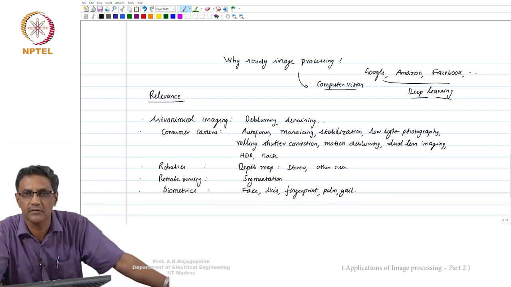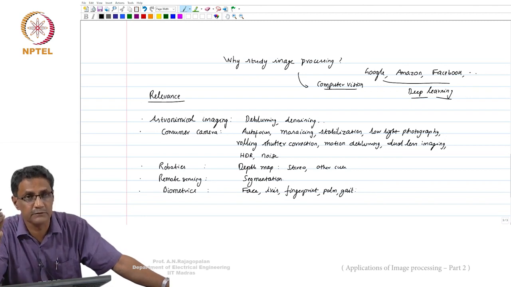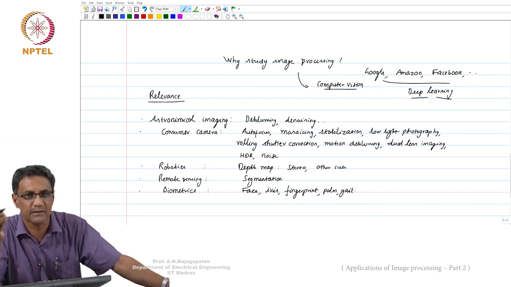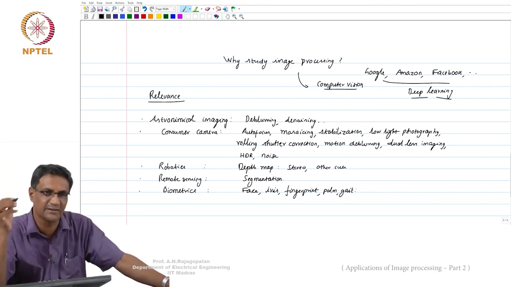Gait. Gait means simply the way you walk. And it's a very, very important cue. Apparently, why apparently, right? You can actually make out that it's your friend. You don't have to see your friend's face to know it's your friend, most of the time. If he's walking along the corridor, you know, our chap is going there.